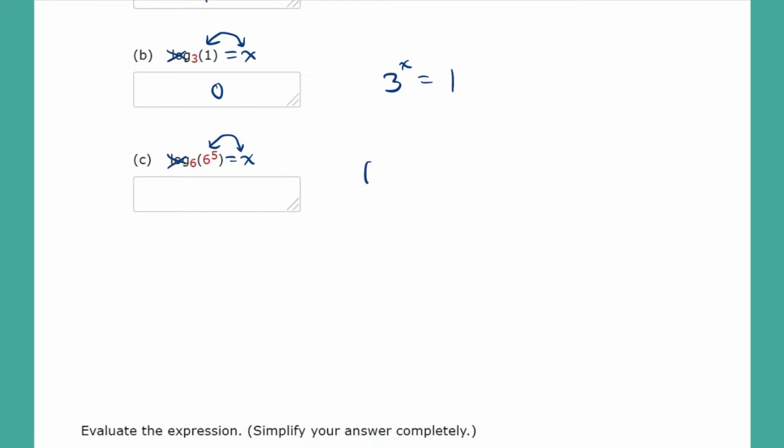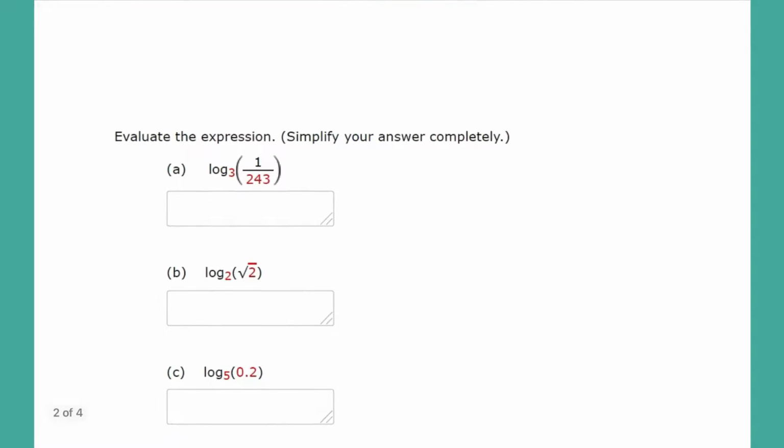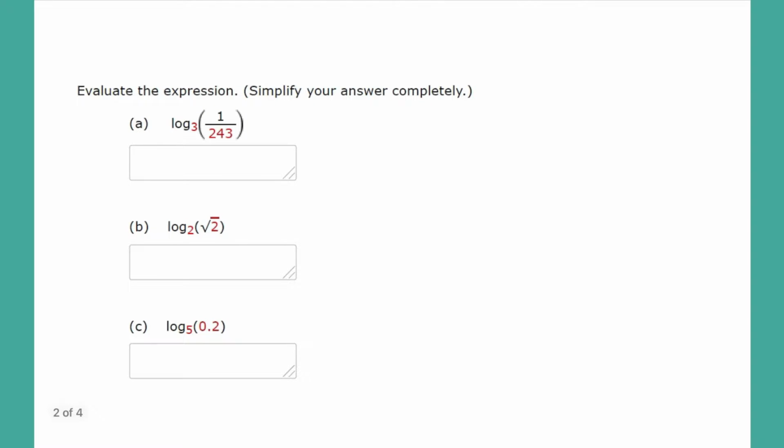So base is 6, exponent is x, and that is equal to 6 to the 5th power. And whenever you have the bases the same, that means you can set the exponents equal to each other, so x equals 5. All right, moving on. So same thing. So once again, I always like to write this equal to x, cross the word log out, swap those two numbers, so I get 3 to the x power is equal to 1 over